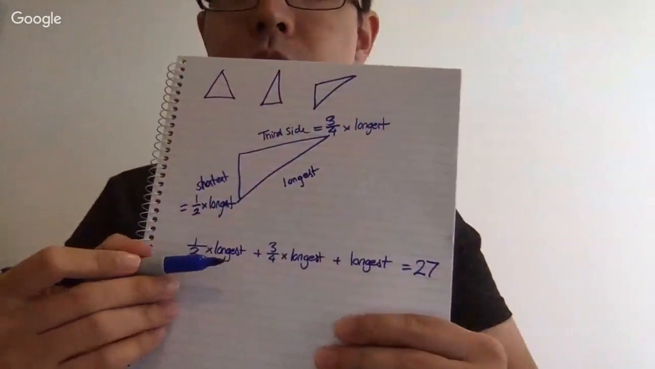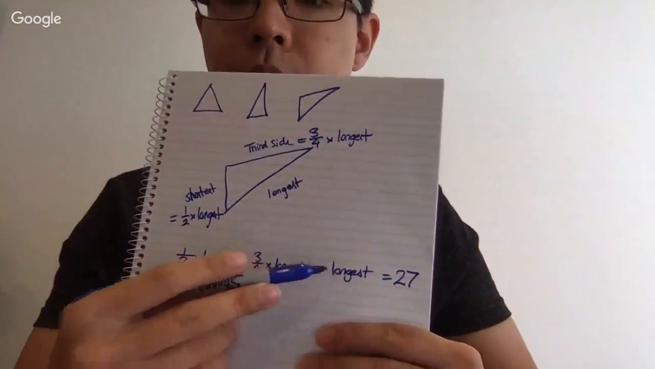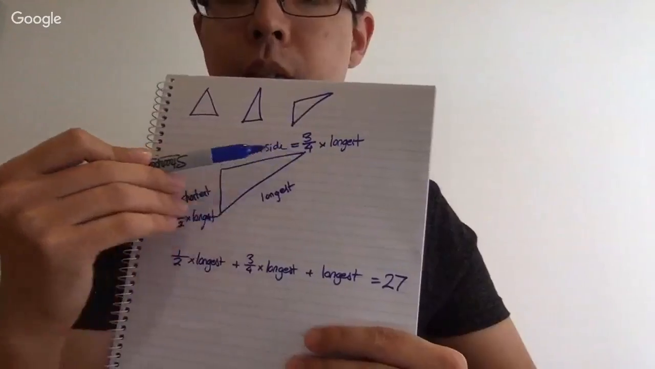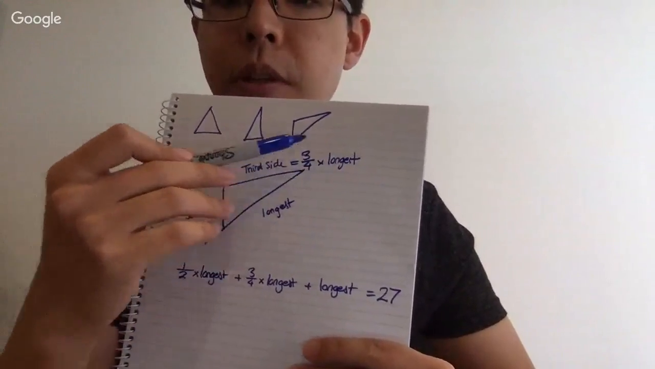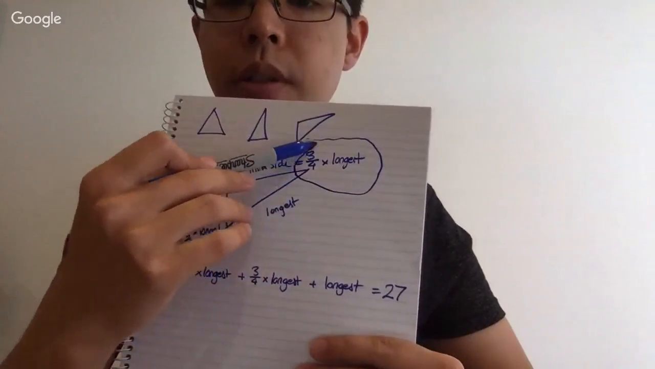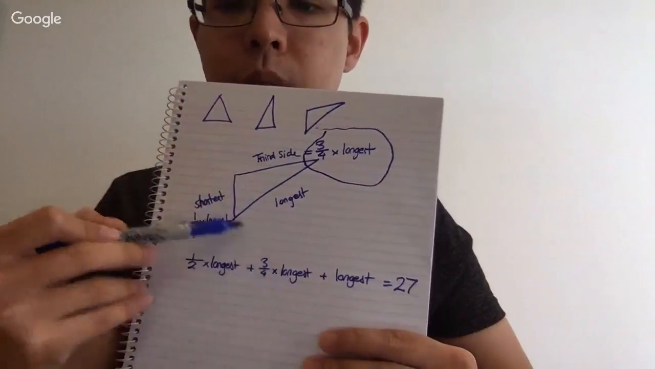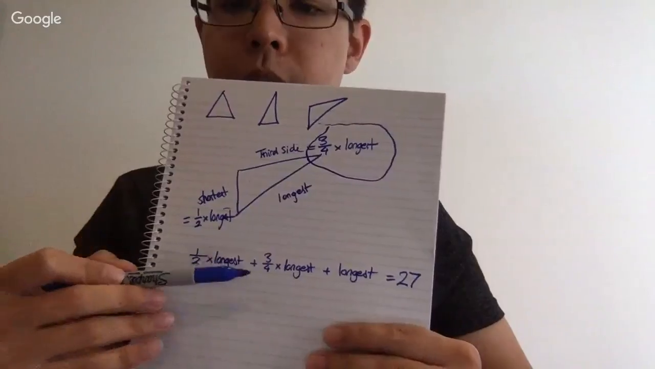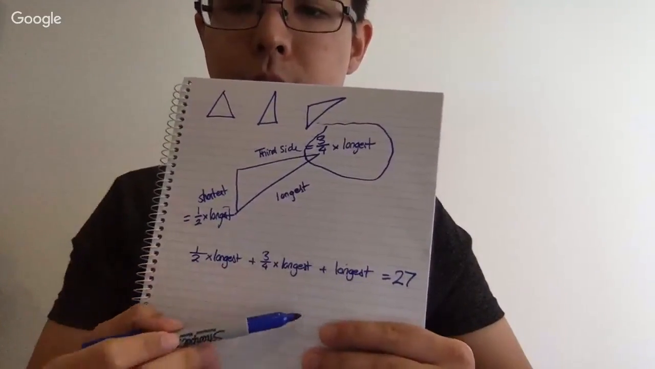So rather than just saying short side, third side, and longest side, I actually swapped them out because the question told us roughly how much they were. So I decided to use this information instead of this information when I did my sum. So that side of the triangle plus that side of the triangle plus that side of the triangle gives me